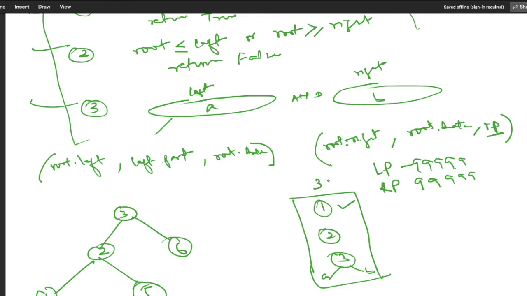No, this 3 is obviously greater than minus 999. Or whether this root is greater than or equal to the right part, whether this 3 is greater than or equal to this right part. No, so this condition is also satisfied, meaning control will go directly to line number 3.